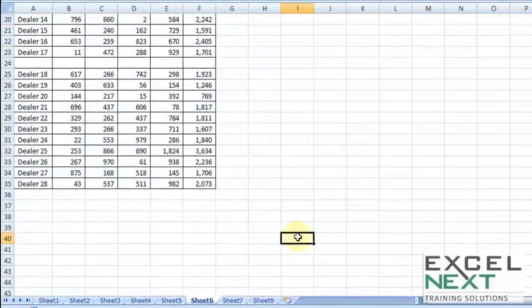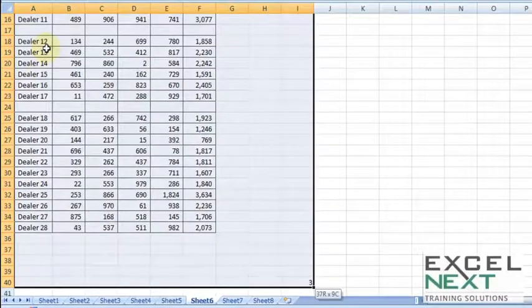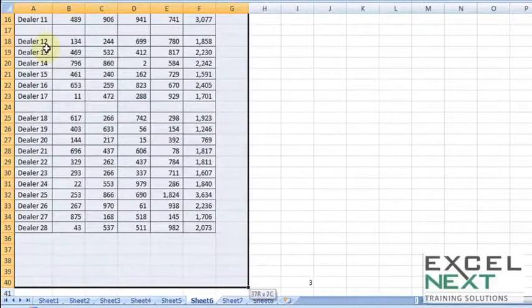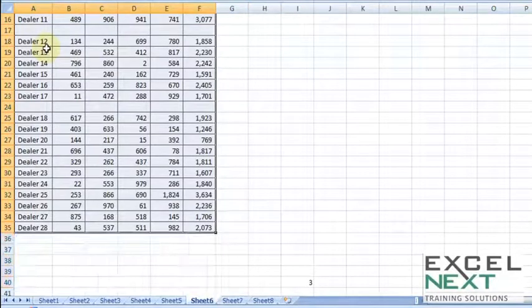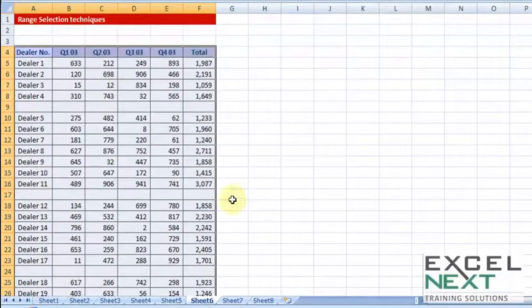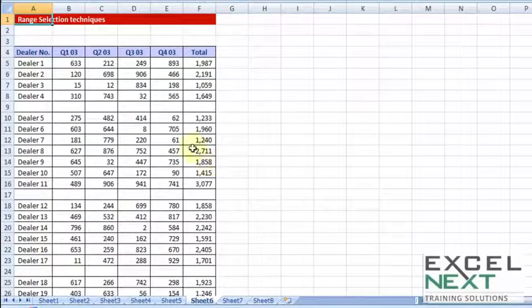Let's say you may have data like this. Now this is just discrete data lying there. If I use Control Shift End, let's see what happens. Starting from dealer number, Control Shift End key, it may choose certain extra data. Never mind, after you have reached this point, use Shift left key one at a time, Shift Control up or just Shift up. You may have to try different combinations to optimize the timing, but these are the three sets of shortcuts that I'll be using in my subsequent sheets.